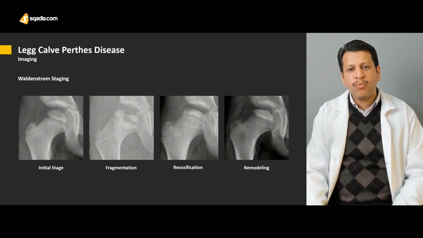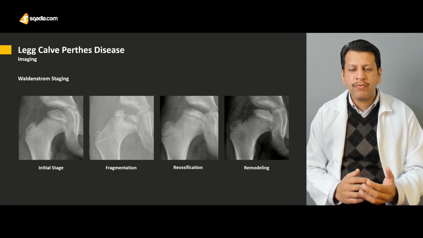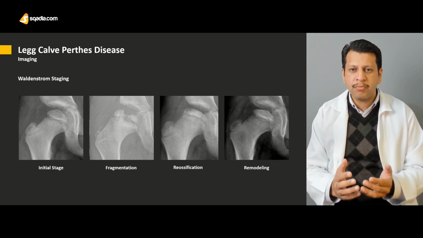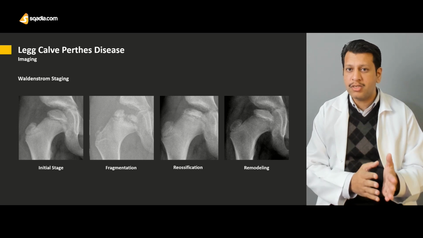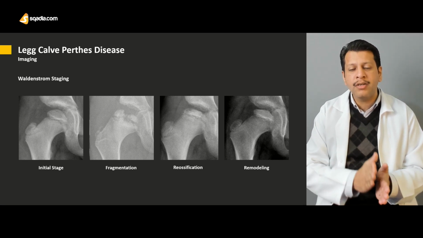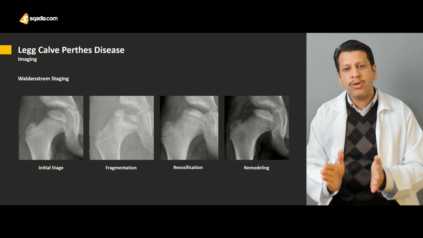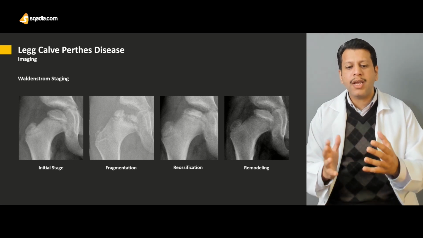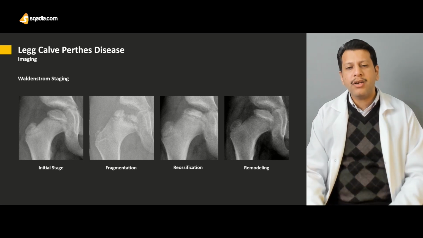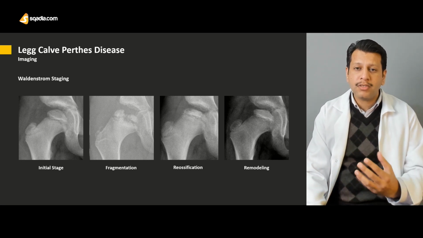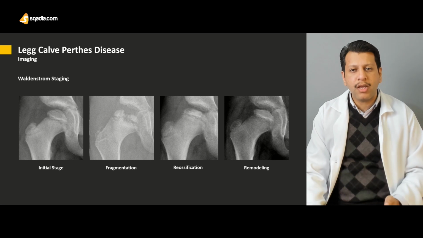We'll be discussing what happens when the pathophysiology of LCPD is discussed. We'll discuss what happens when the infarction occurs, or the initial stages after infarction has occurred. From then onwards, the bone leads into sclerosis and fragmentation. From that it goes to reossification and remodeling, and we'll be discussing how the reossification and remodeling occurs in the case